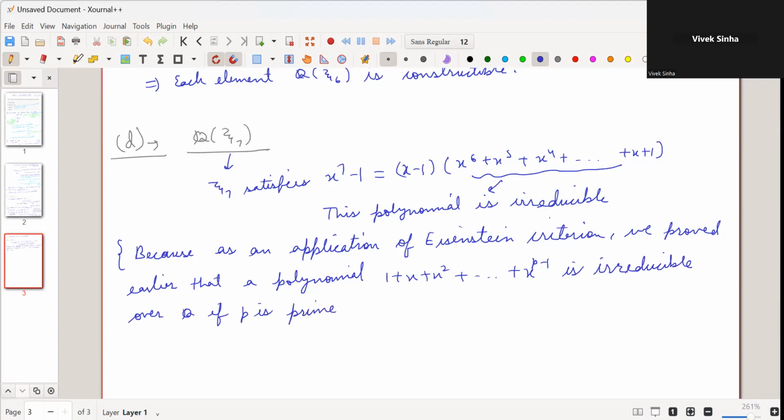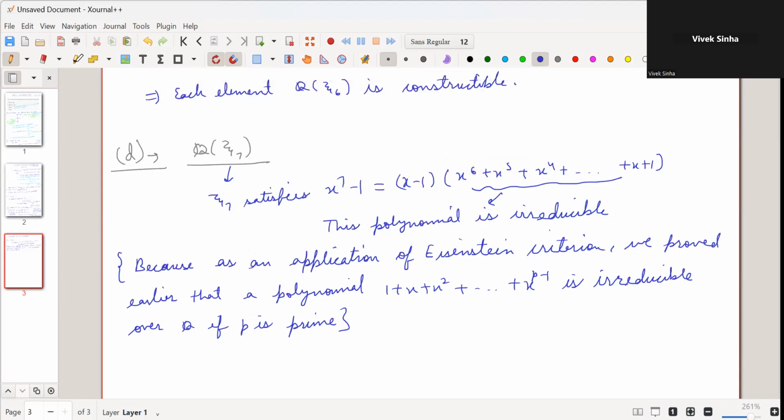I hope you remember that proof. Just need to replace x by x plus 1 and then when you expand it, you will get a polynomial on which you can apply Eisenstein criteria, and thus that is the case. Okay, so this polynomial is irreducible, which implies